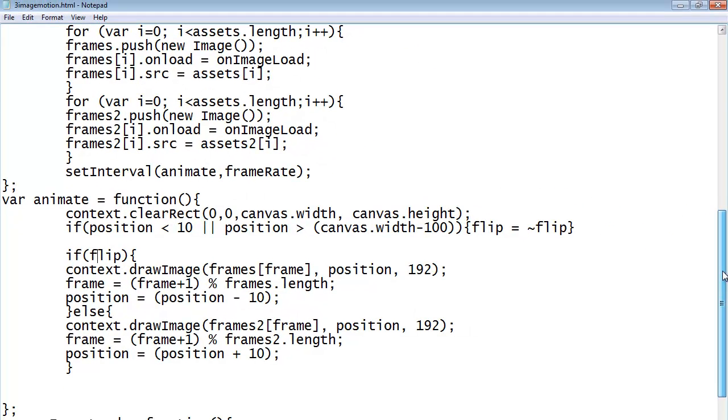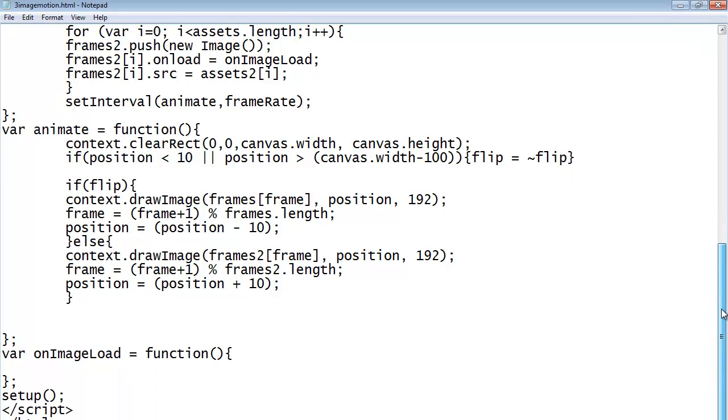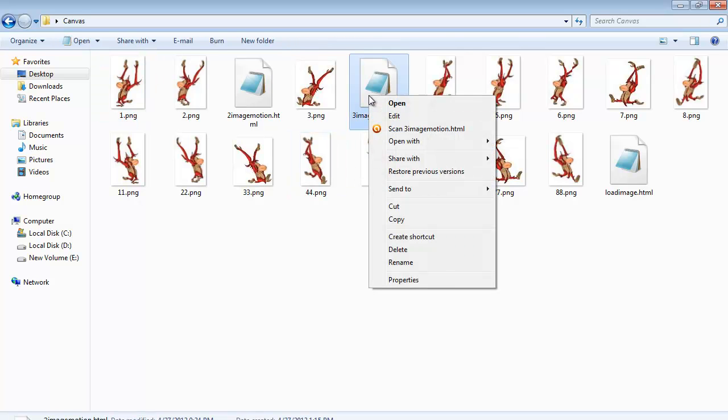And finally, in our image load we are not doing anything, and at the end we are calling the setup. Setup will internally call the setInterval, which internally calls the animate, and animate will happen. Now let's execute our code and see what is happening. So again to execute, open with